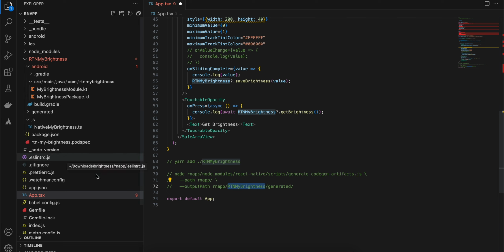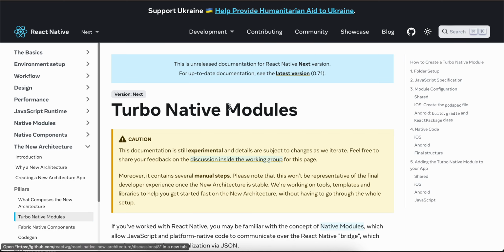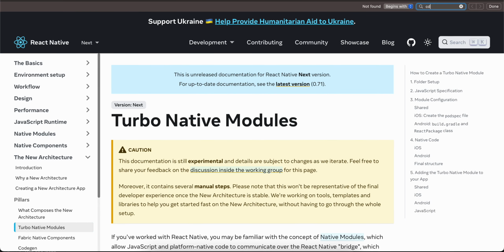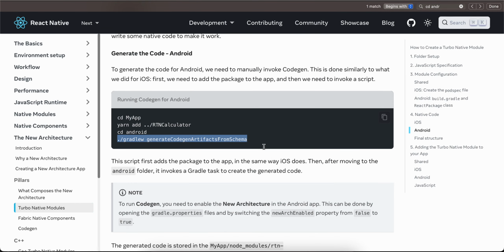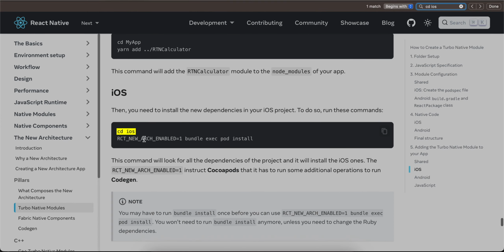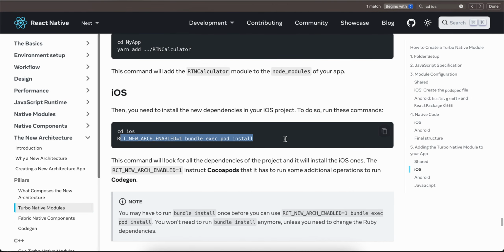Okay, next what you have to do, you have to cd to your main Android folder. So I will tell you what command you need to run. So cd to main Android folder, and you have to run this command. And for iOS, cd to iOS directory, and then run this command, so it will create pod for your brightness, my brightness folder. Next, open Xcode,